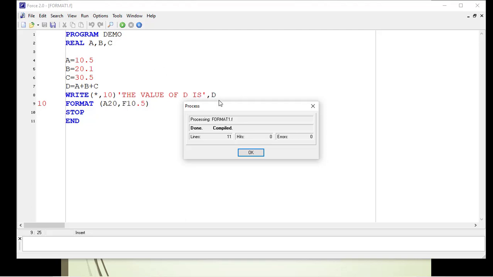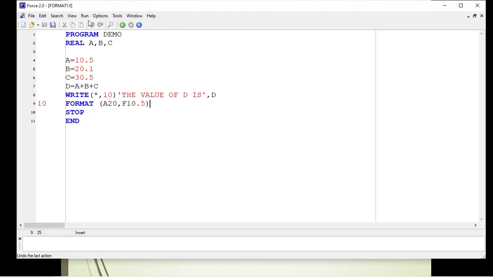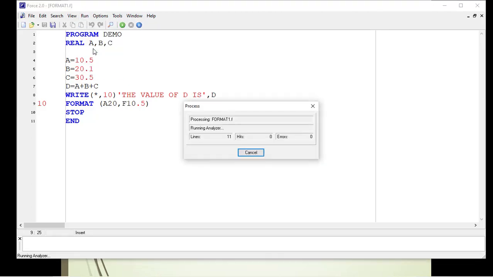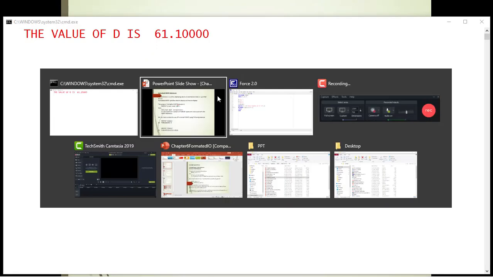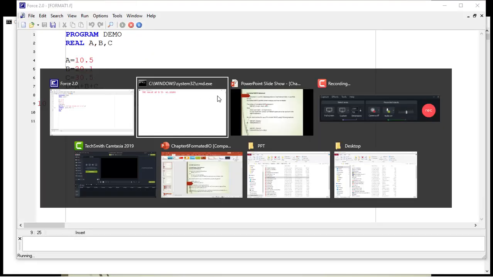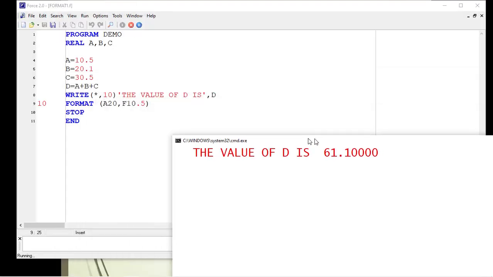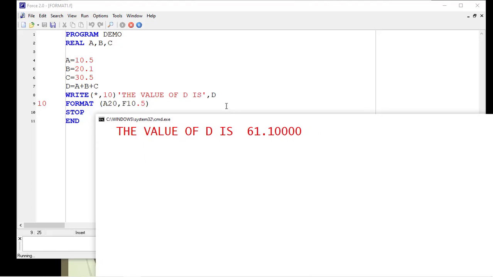After the process of compiling, we got here 11 lines, with 0 hits and errors. So everything is okay. Now we'll go to the run command. It has directly given the value of D is this. What is the reason behind it?